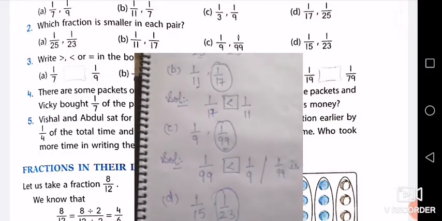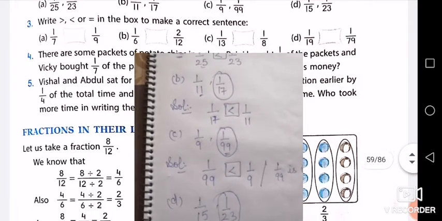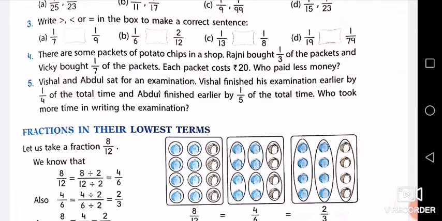Got it? Now question number 3. In question number 3, again you have to compare. Fractions have been given as we did in the activity in the beginning of the video. Just like that, the activity will be given here. You have to put the sign greater, smaller or equal to in the box to make a correct sentence. You have to write only that symbol, and complete this question number 3. You will do this question number 3 in your copy also.